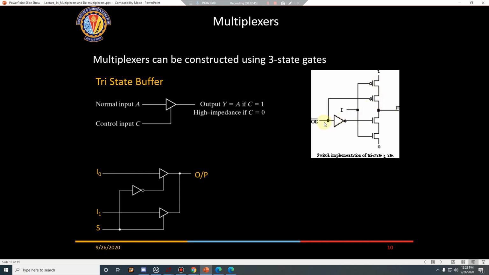So how does it work? When the control is 1, in this case because it is CE bar, this PMOS is off and this NMOS is also off. So VDD is not connected to this point, and ground is also not connected to this point. For the time being, just vaguely understand that it can be implemented. Unless we know the proper functioning of these MOS transistors, we will not be able to appreciate how this works. I have put this circuit just to give you some confidence that buffers can be implemented. We will cover this towards the end of the course.